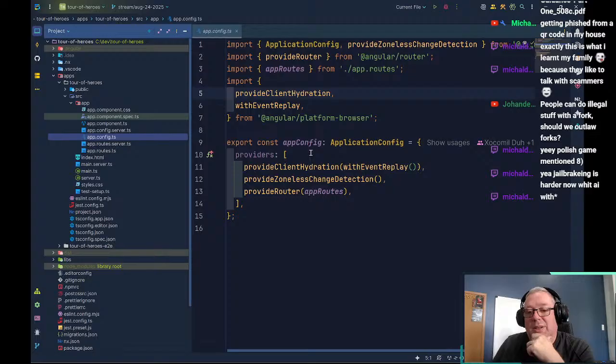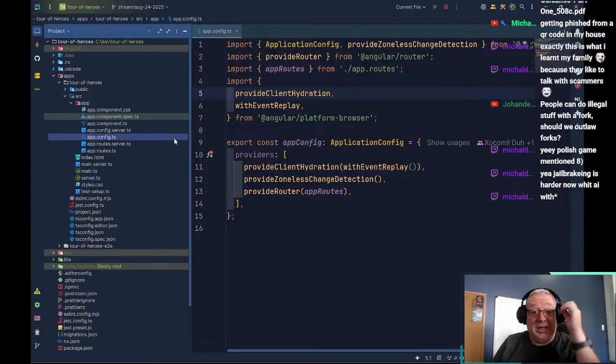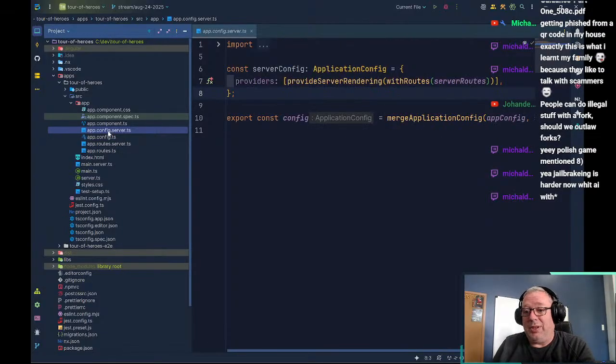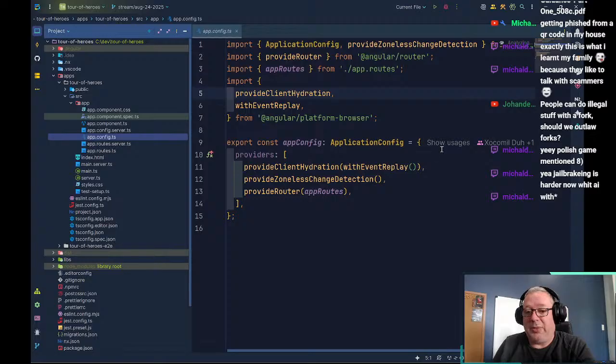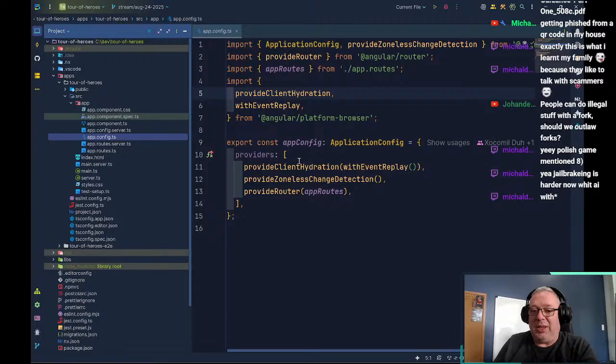But if we look at our app config, this is used in our main.ts. So the way it's pulling this in is we're grabbing the app config in our bootstrap. And then our app config is set up here. We've got the server app config, but we've also got the app config here. So our app config is providing client hydration, and we've got event replay set up. We aren't doing any hydration, but this is something we're going to take a look at as we get our